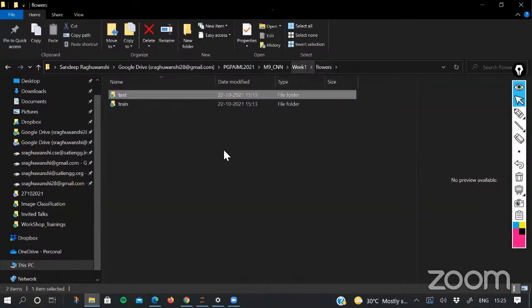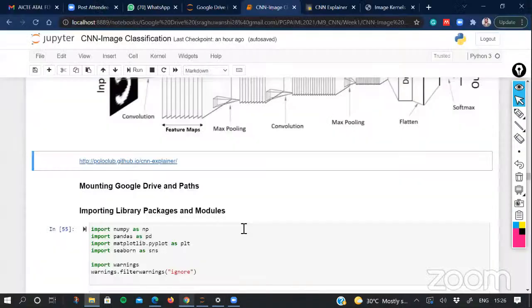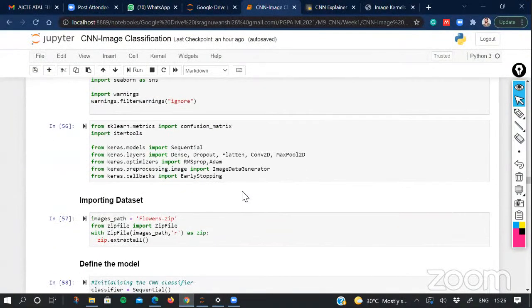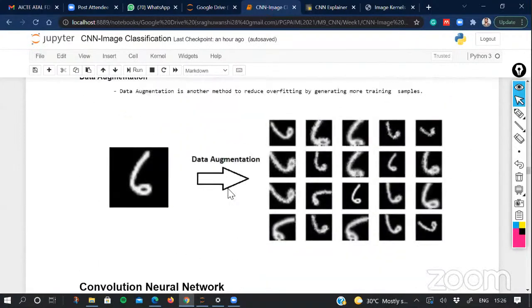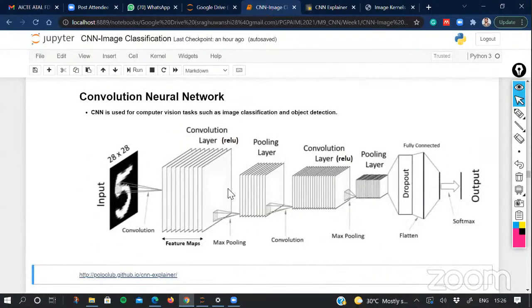Now, whenever we talk about any kind of convolution neural network, most of the job you have to do is data preprocessing, so that your data can be taken by the model. As we have discussed, for any convolution neural network, you will see these types of layers: the convolution layer, the ReLU layer, pooling layer, flatten layer, dropout layer, fully connected layer.